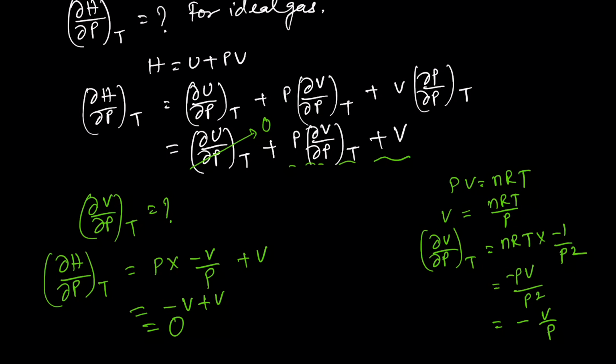Now, do you think that for a real gas, the temperature is going to decrease or increase when you go from high pressure to low pressure? Because we saw that when you go from low volume to high volume for a van der Waals gas, temperature decreases. What happens from high pressure to low pressure? Will it decrease, or will it increase, or will it remain constant? For an ideal gas, of course, it will remain constant. I am talking about a real gas, and since a real gas is difficult, we can take the van der Waals gas as an example and try to understand what is going to happen, right.